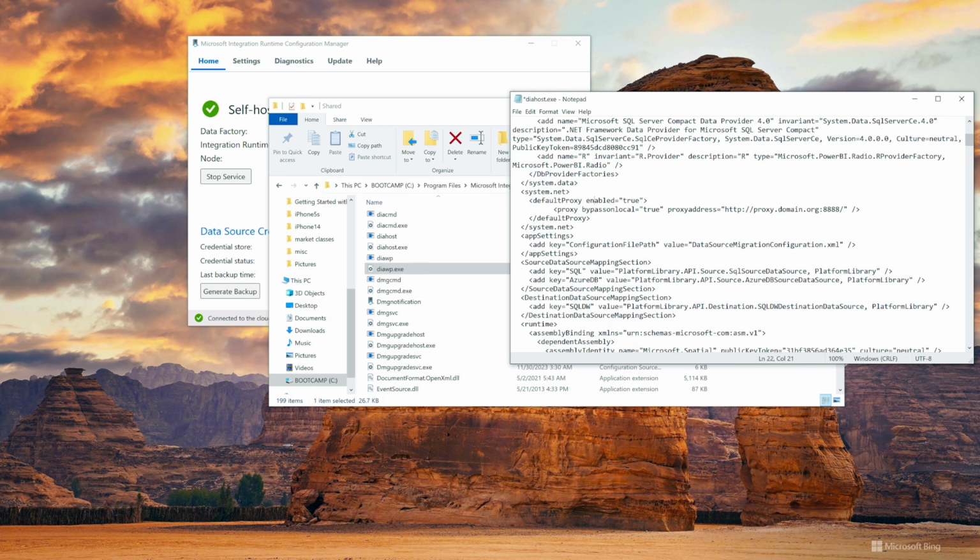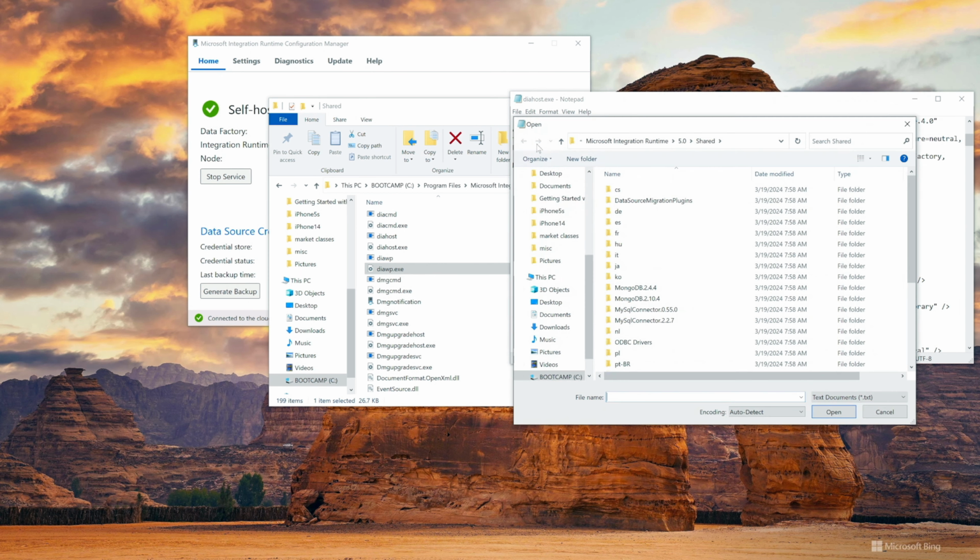So in the default proxy I said it is enabled, and then I am saying that my proxy address is someproxy.domain.over and the port number, and bypass on local I am making true. Once you define this over here and save it, you will do the same thing on the other file, which is